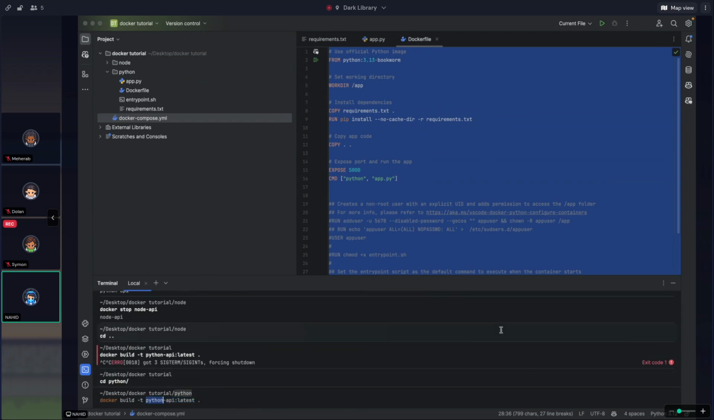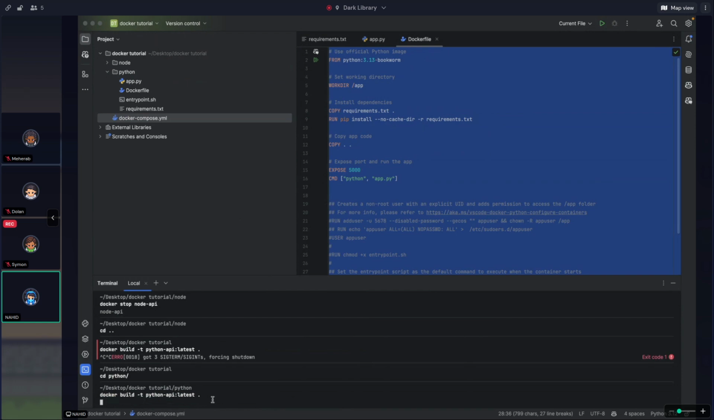So what is our image name? python-api. I have renamed it as python-api, and then colon and latest. This is actually the version, but in Docker we call it tag. I can write it as 1.0.1. It will also work. It doesn't actually matter, but I have just written it as latest. Okay, so if I press enter,